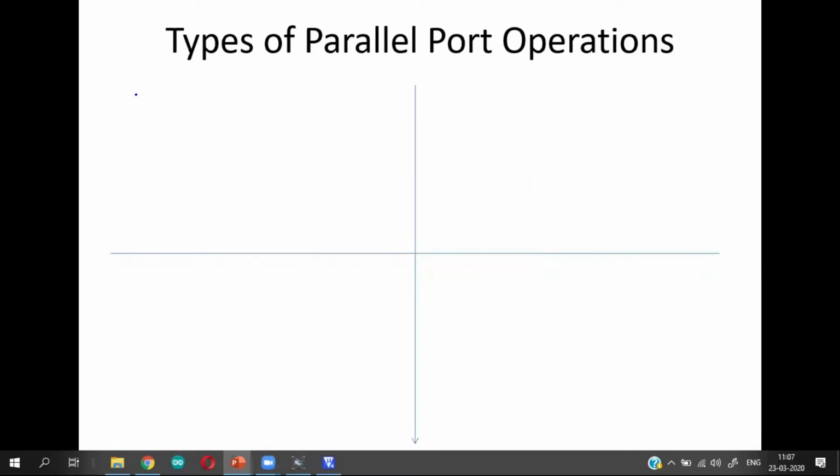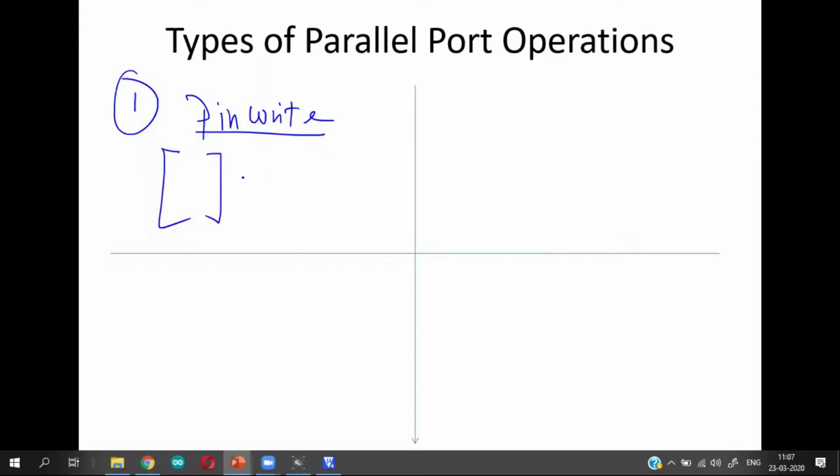The first one was pin write operation. In pin write operation, we have a microcontroller driving one particular pin as an output. This is pin write functionality.